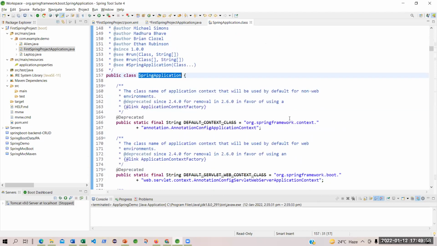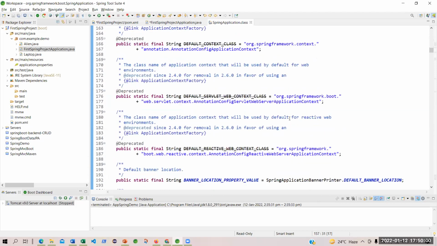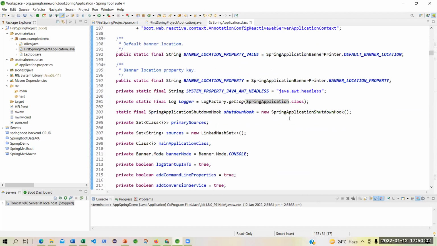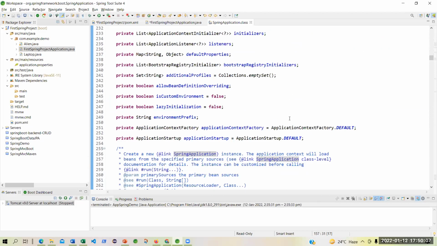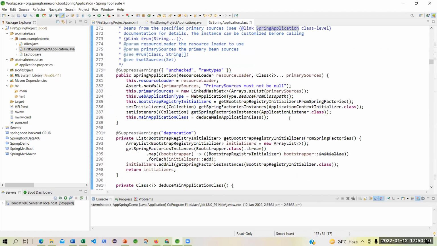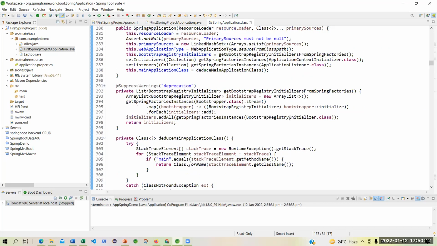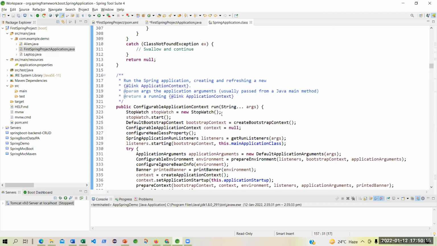And under this Spring application you have this run method. Run the Spring application. Are you seeing that? Creating and refreshing a new application context. So this is the context of the application.